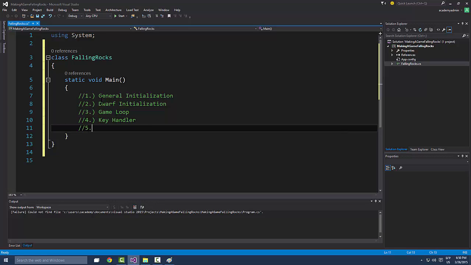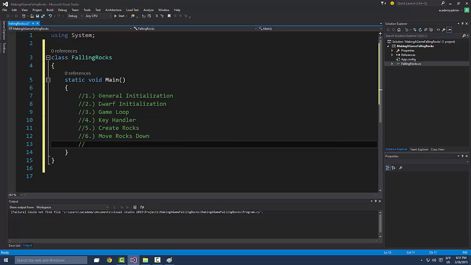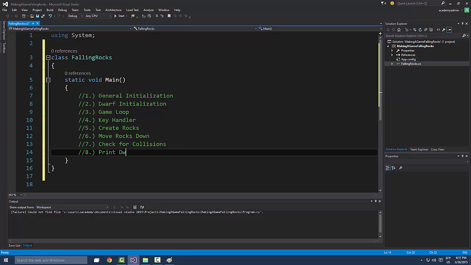After we do that, we need to create some rocks. Create rocks. Move rocks down, as we said. And what else? We need to check for collisions once we've moved them down. So check for collisions. Then I've separated the logic so that the printing is at the bottom. So print dwarf,